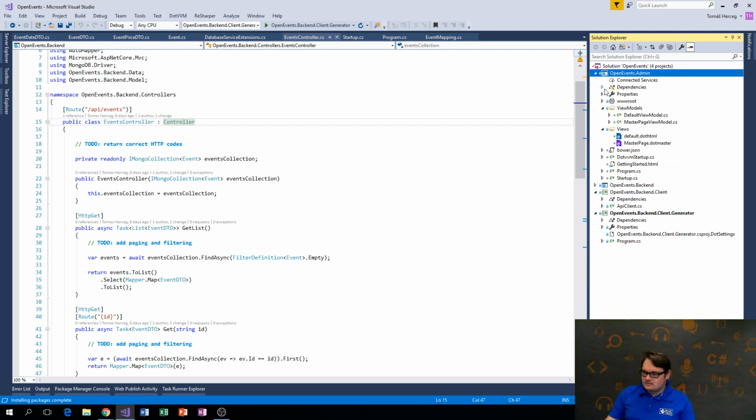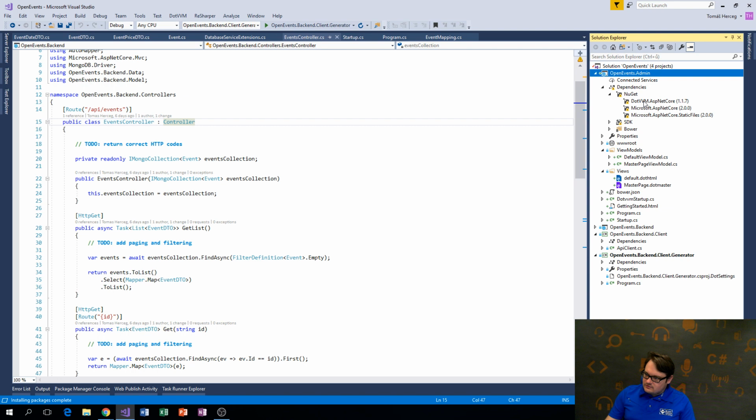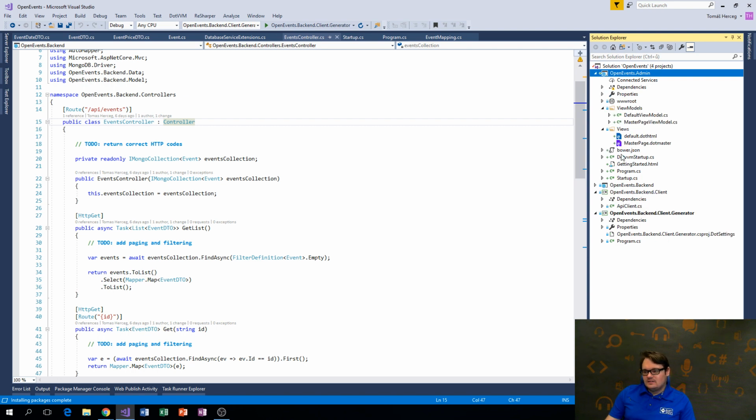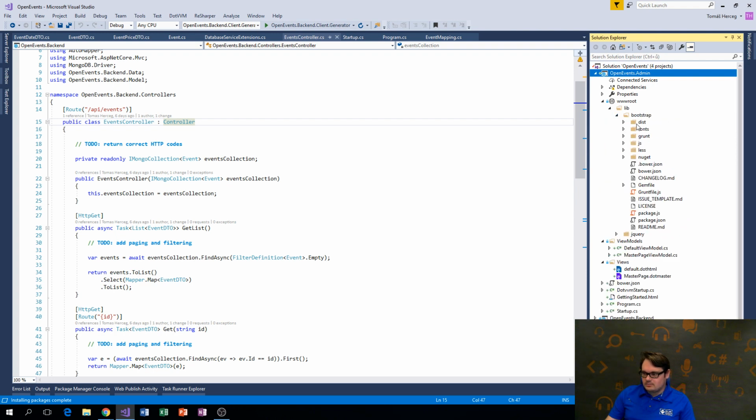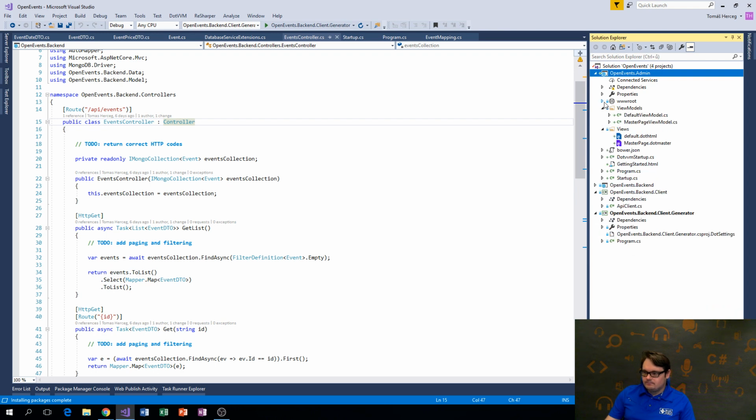So let's see what else I got in the application. So I have the NuGet package with DotVVM. There is also Bower JSON, which is used to distribute Bootstrap. So in here I have the Bootstrap distribution, and